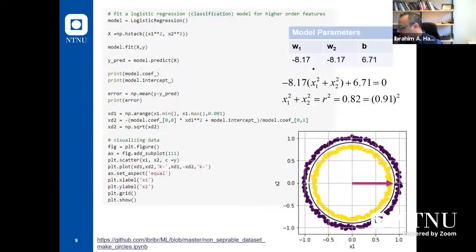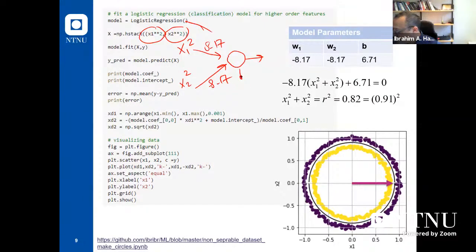So when we use x1 squared and x2 squared, we can get a very simple perceptron. We can use logistic regression or a perceptron. Logistic regression is like a support vector machine. It's a linear classifier. We can get this linear classifier from sklearn as well. At the end, we build a very simple model, and this simple model has two inputs. The first is x1 squared. The second input is x2 squared. The weight here is